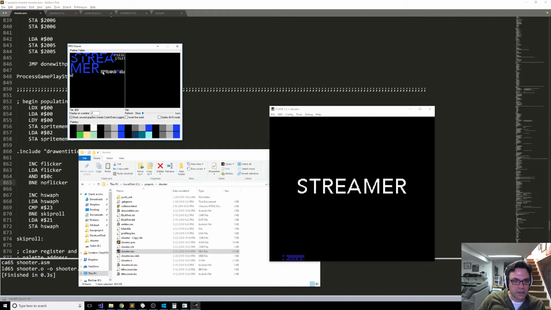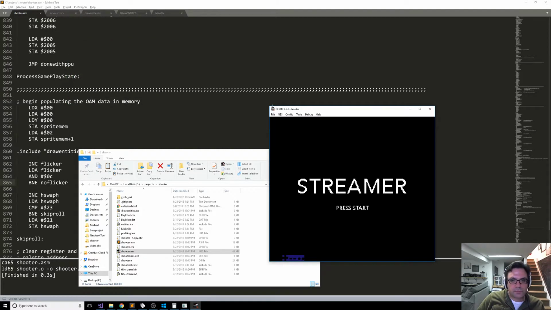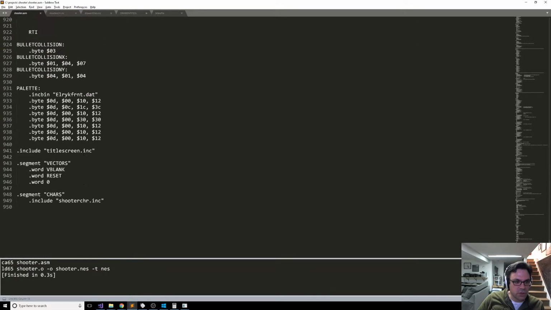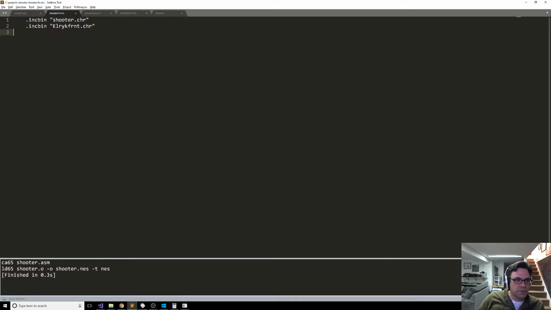It's still bringing in the guy from our previous tests, because in the include file that we're using to bring in the char data, we're still bringing him in here. So what we want to do is change all of that. I want to get rid of this, and then I want to say include, I'm actually going to include a different file, entity